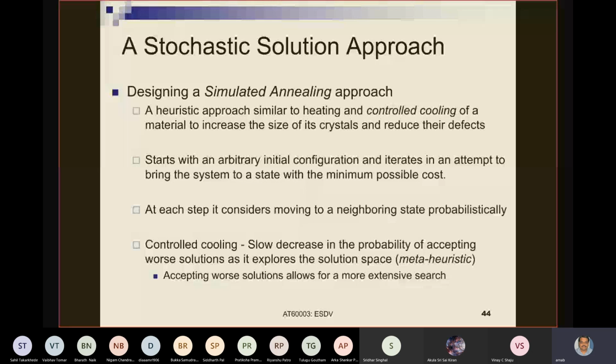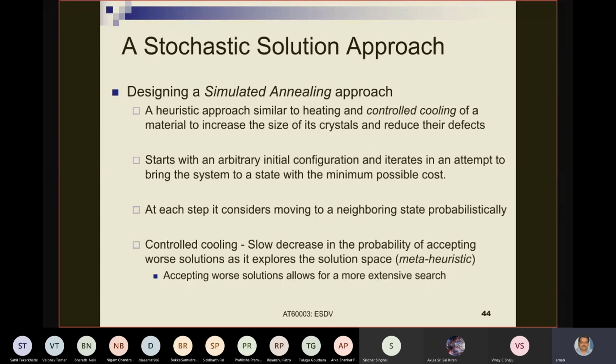using in a probabilistic manner by moving from one state to its neighboring state, from one configuration to its neighboring configuration. Do not understand this state as the intermediate state of a state space. No, your state or configuration means the same thing, and it is a solution. It moves from one solution to a neighboring solution. How do you move from one solution to a neighboring solution? Any idea? For hardware software partitioning, anybody? Because I didn't teach you this directly, but can you just tell me what can this mean? Moving from one solution to a neighboring solution.